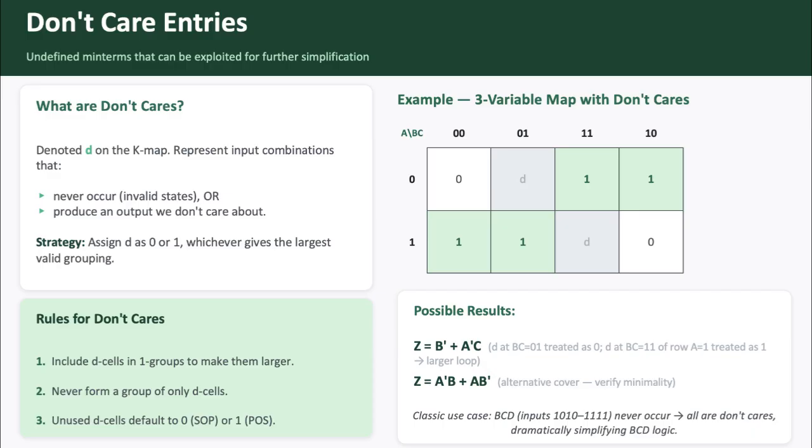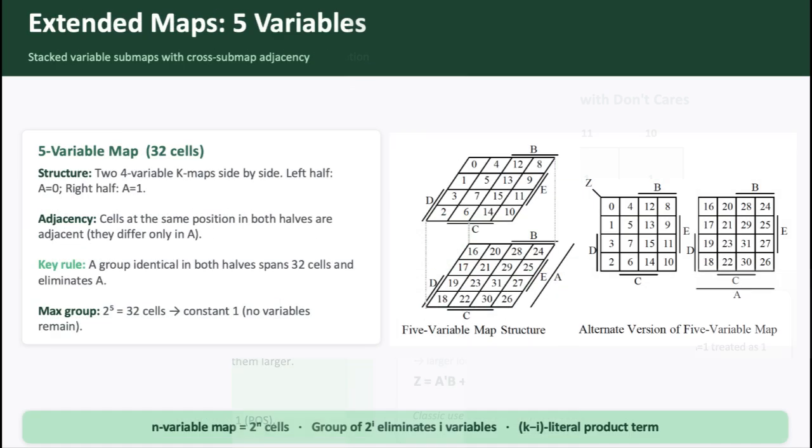The classic application is BCD logic. All 6 states from 1010 to 1111 are don't cares. This often allows a 4-variable function that would otherwise require 4 product terms to be expressed with just 1 or 2. When the number of variables exceeds 4, the K-map structure changes from a single flat grid to a set